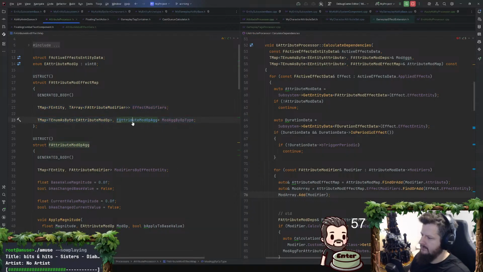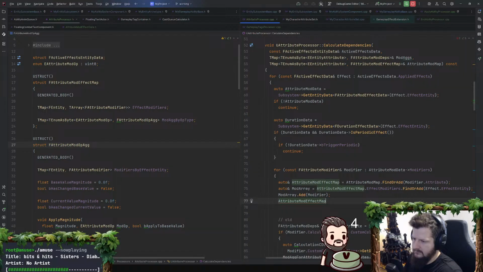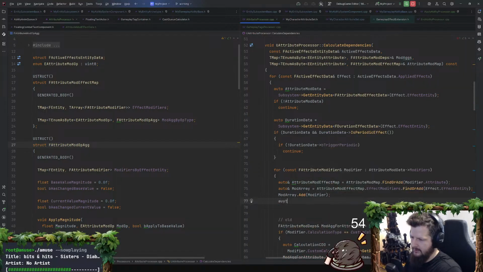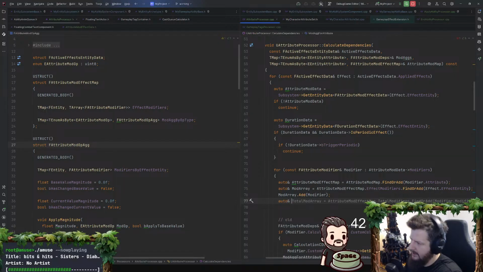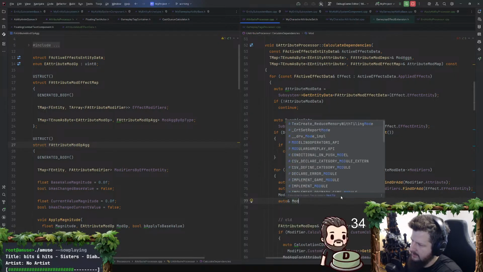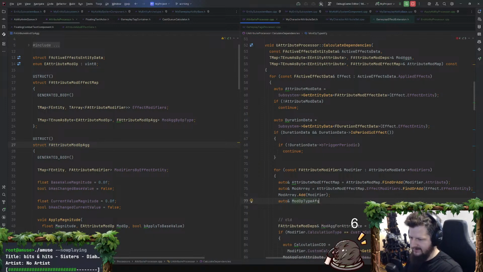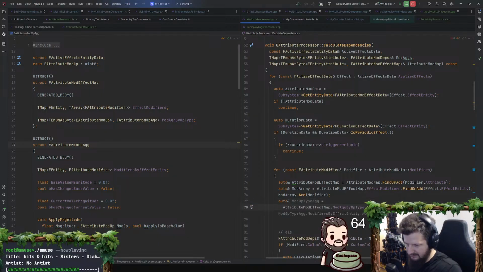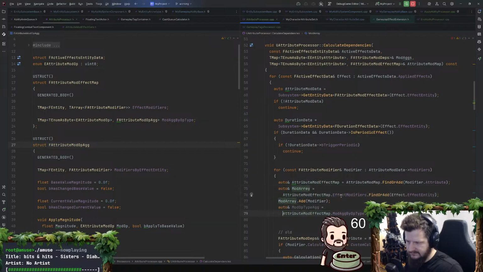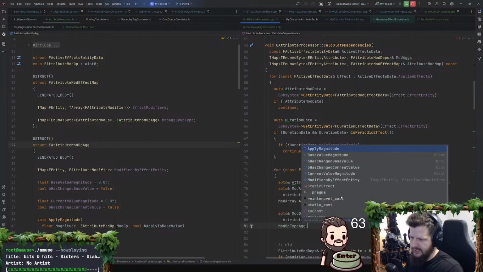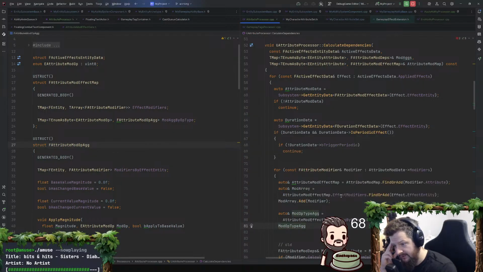Mod ag by op type. Do I fill that out now, even though I'm not evaluating it yet? Let's fill that out. So we want auto ref. This is going to be mod op type ag. Oh god, these names are horrid. These are horrible names, and I should feel horrible about myself. Mod op type ag dot, I guess I just find or add, and I'm doing nothing with it.